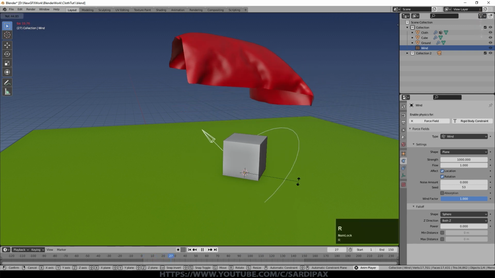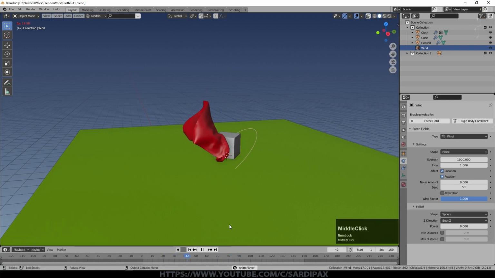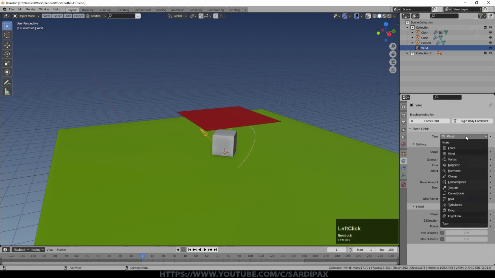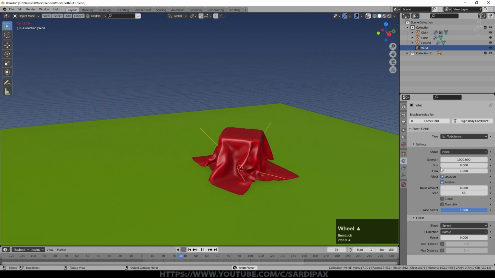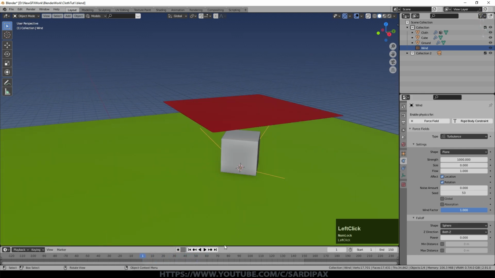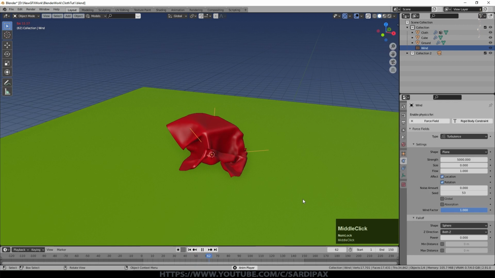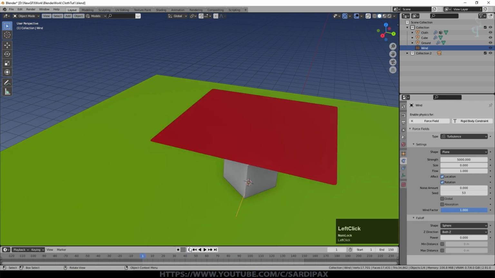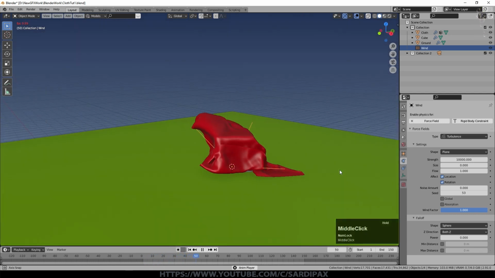If I turn this perhaps at an angle, you can see it's blowing the cloth off to the side. But still works quite effectively. You can see the collisions are still working and so on. All of the forces will affect cloth. If we tried, for example, a turbulence force, and again that's not affecting it a lot at the moment, you can see how the cloth sort of lifted up a bit there as it fell down, and that was because of the turbulence force, and you can see it's still being moved by it, and that's now at 5000. So double again, and now you can see it's starting to move it around and spin it around and so on.